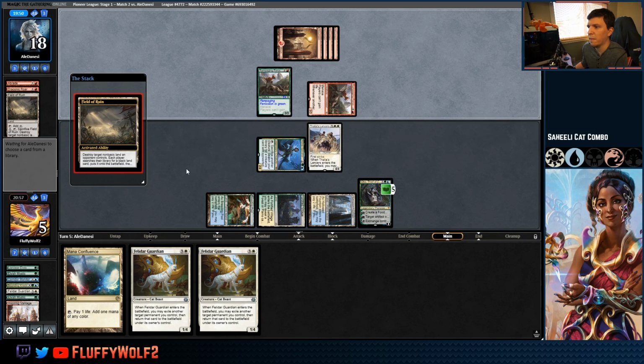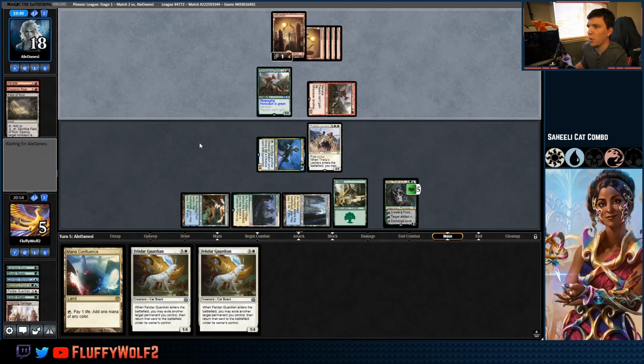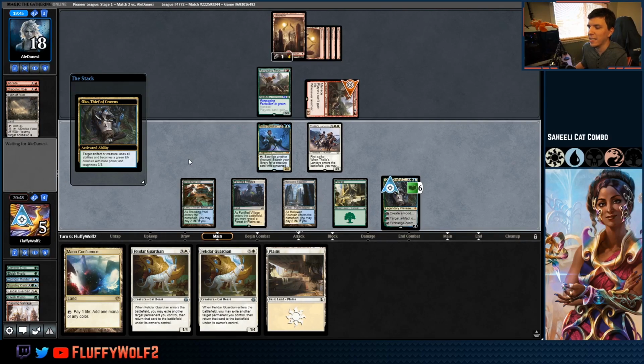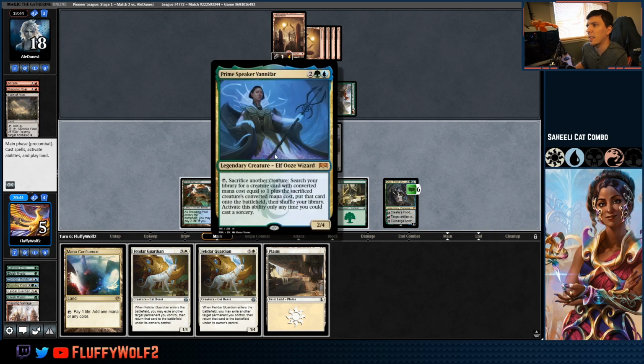Kills my Inspiring Vantage here. Luckily I have a Mana Confluence. Go get a Forest. I think we've got it. Unless they have a Shock here. You become an elk. Become the elk. Oh, I say we have this, but this...